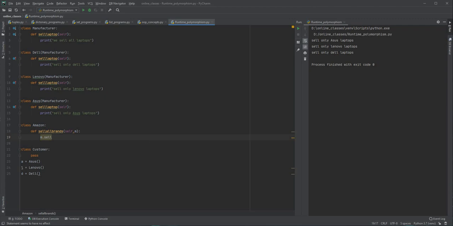Okay, like this. So this is sell all brands. What it is going to do is make an object of this manufacturer class like this. Okay, so now let's save this program, and as a customer, what I'm going to do here